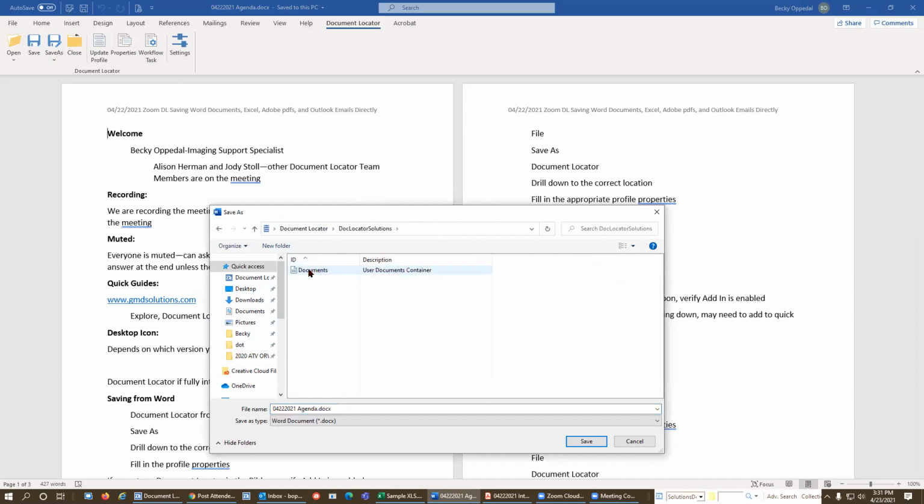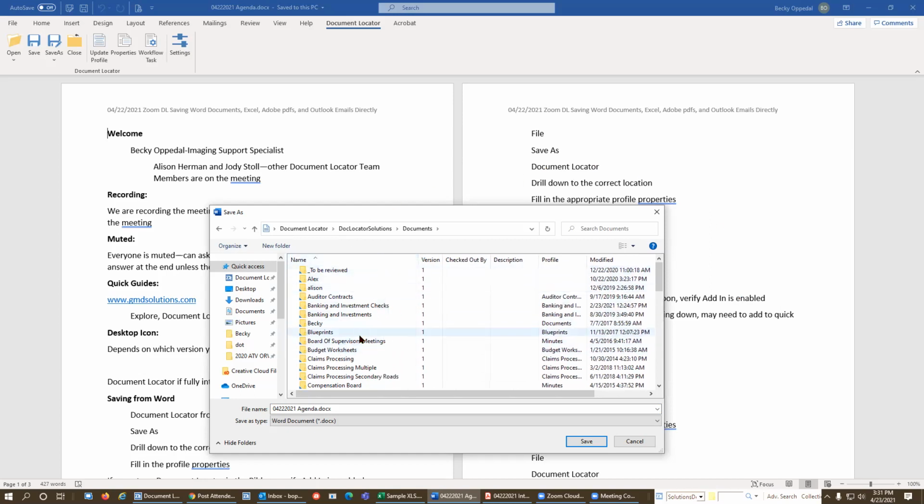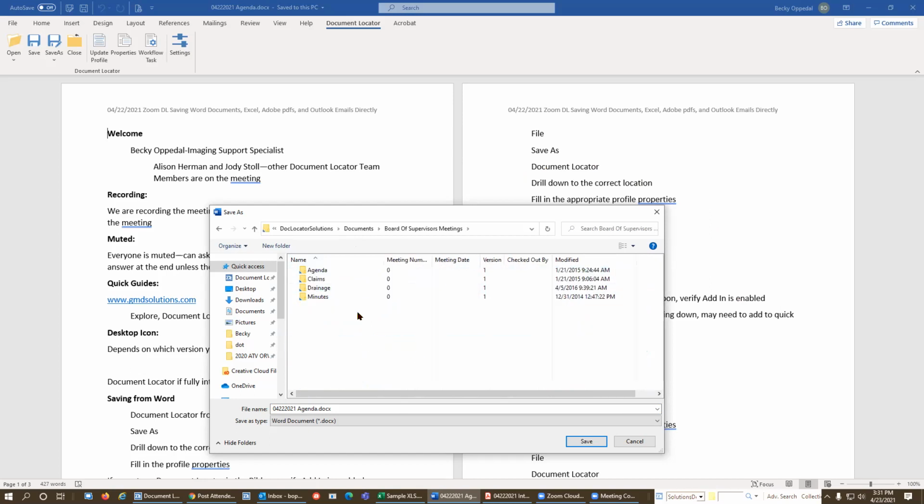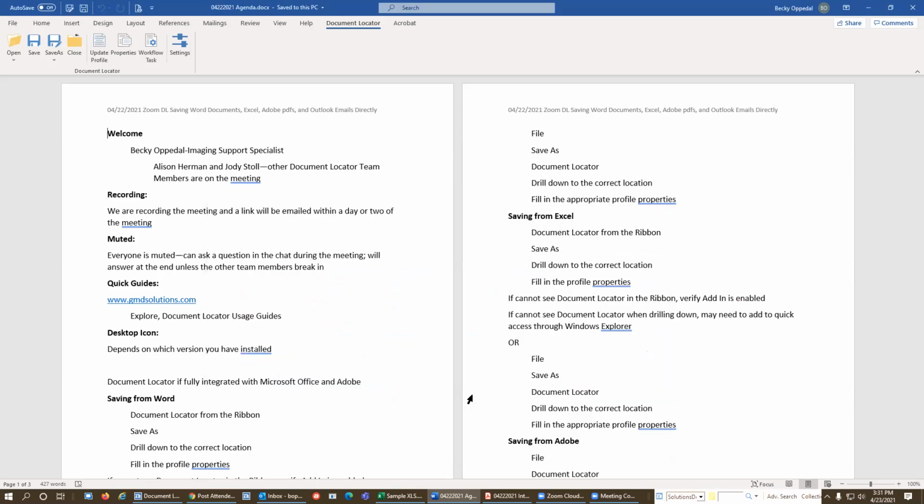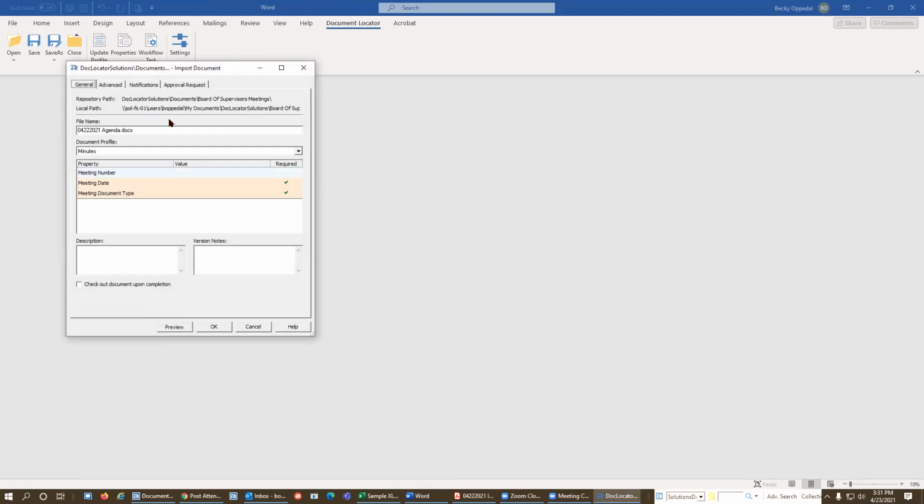So I'm going to go ahead and double click on that, double click on Documents. And this happens to be an agenda. My Word document here is an agenda. So I'm going to say it's part of my Board of Supervisors meeting. So I'm going to go ahead and double click on that. And that's as far as I have to drill down. Once I get the save option available to me, I can go ahead and click save. I'm going to save it at the highest level of folders. So I just had to go into the Board of Supervisors meeting folder, click save,